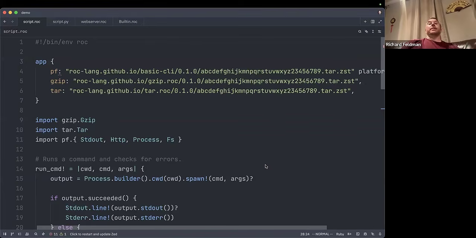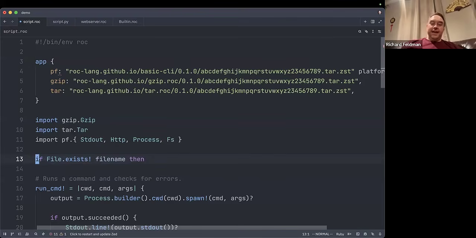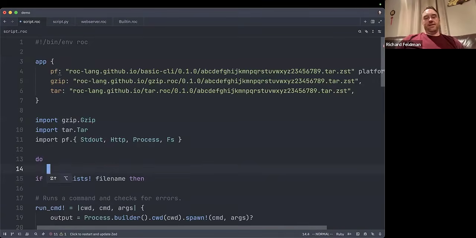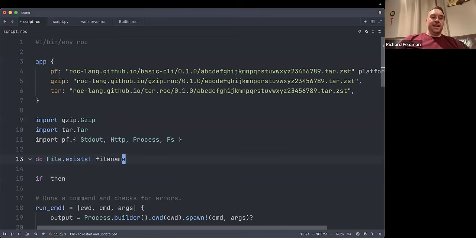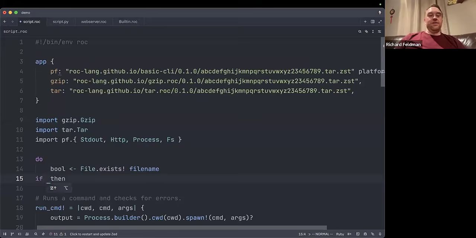while revolutionizing the ergonomics of that, because Haskell's do notation is certainly a lot better than chaining the functions together by hand. But in Haskell, if I want to do "if file.exists filename", you just cannot do that in Haskell. That is impossible to write. You have to do "do", and then you have to call the file this and give it a name, whatever my bool,